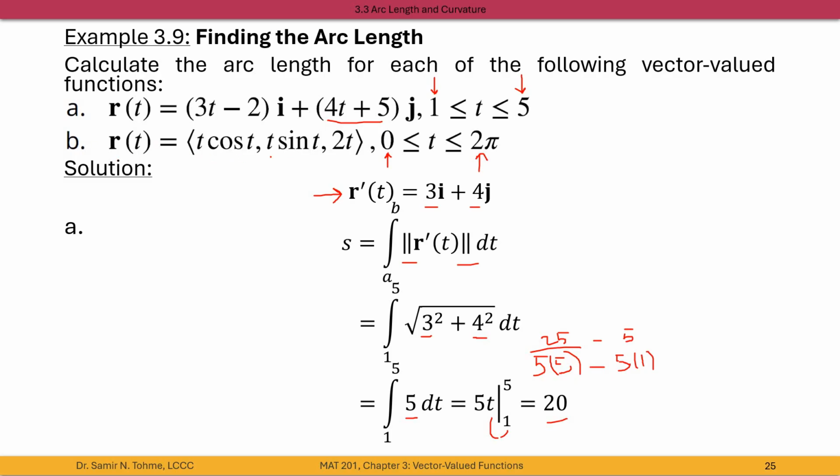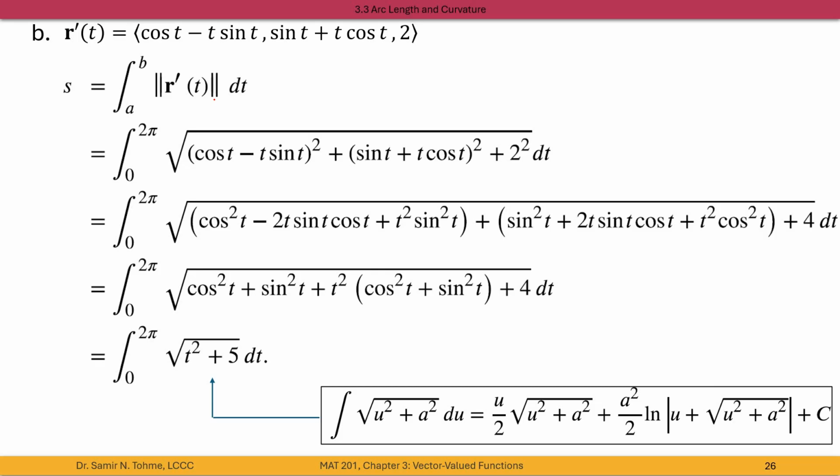For the second vector function, we will use these. It's given not in linear combination form, but in component form. So this is the x component, this is the y component, and this is the z component. Let's do the derivative of this vector function. Doing the derivative will give you these components. Now, after doing the derivative, let's find the magnitude of the derivative. Square each component and then take the square root,